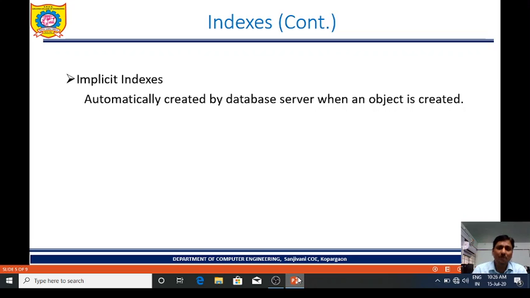It means the user is not going to manually create an implicit index. It has been automatically created by the database server.